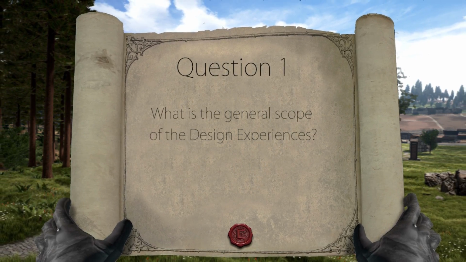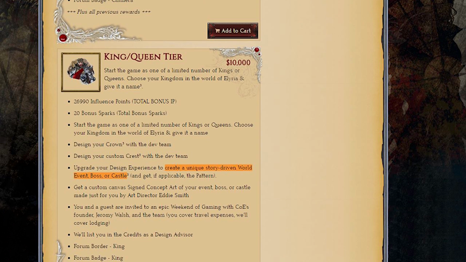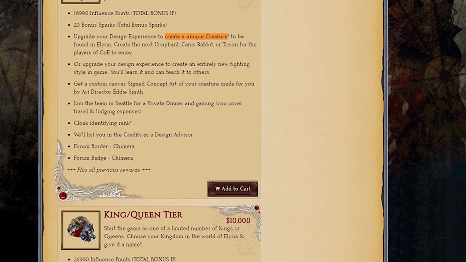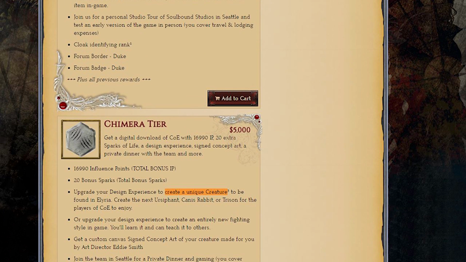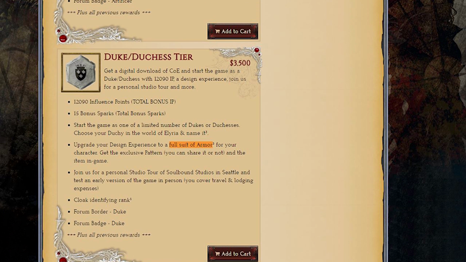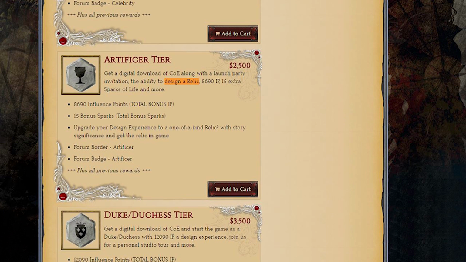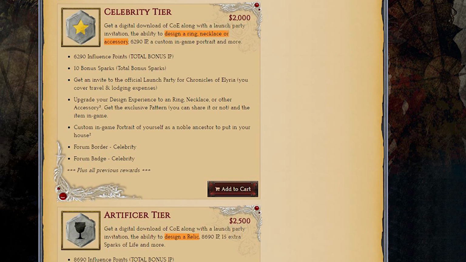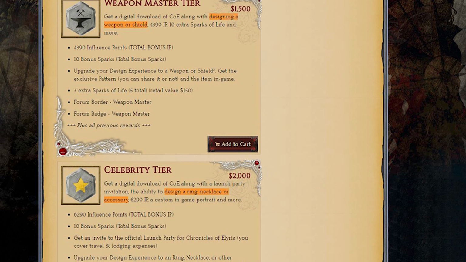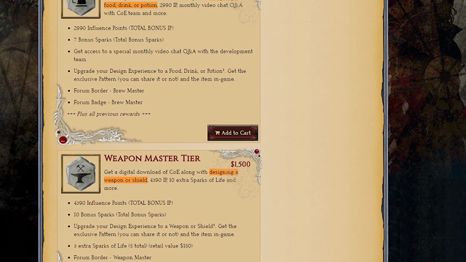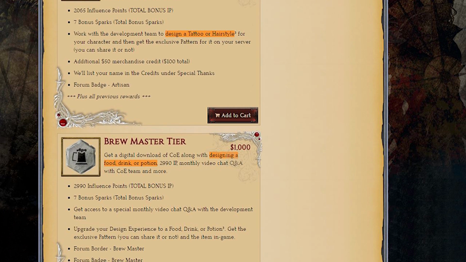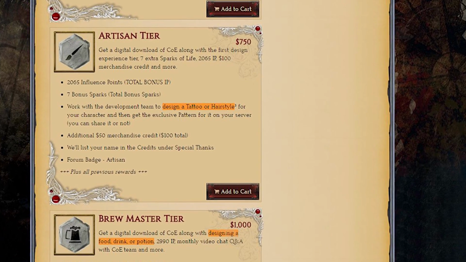Well, we can talk through some of the different design experiences, because I think the constraints for each of them are going to be a little bit different. But at a high level, as I was saying earlier, we don't really have constraints defined yet. We really wanted to leave it open for you guys. That being said, there are some technical, mechanical, and design limitations that are going to prevent us from doing some of the things that we want. The first design experience I think we have is tattoo and hairstyle.